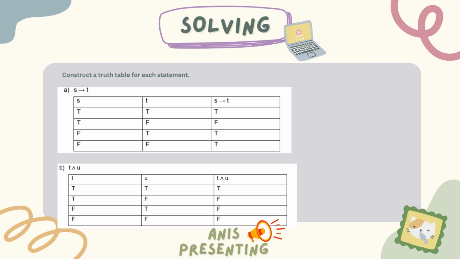If S is true and T is false, then the statement is false. If S is false and T is true, the statement is true. If S is false and T is